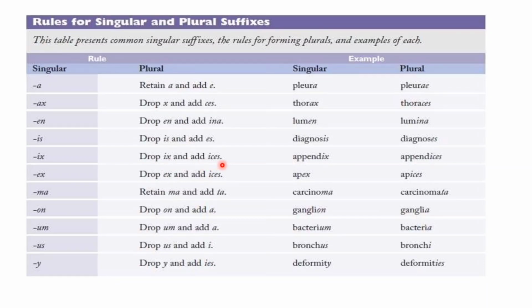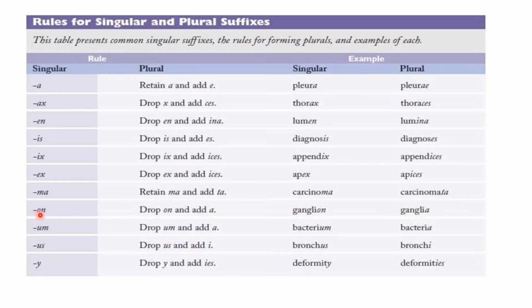The example of singular is appendix and the plural is appendices. And if the singular suffix is -ma, retain ma and add ta. For example, singular carcinoma and the plural will be carcinomata.